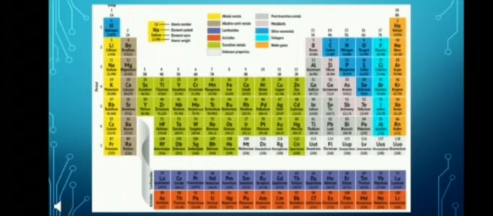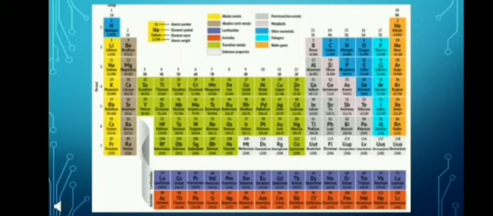Next is the p block elements. This lies on the extreme right side of the periodic table. It consists of groups 13 to 18. इसमें से 13, 14 और 15 हम 11th स्टैंडर्ड में पढ़ चुके हैं इन डिटेल. यहाँ पे 12th स्टैंडर्ड में हम 16, 17 और 18 ग्रुप्स पढ़ेंगे.